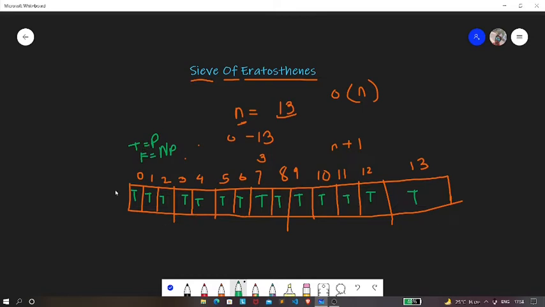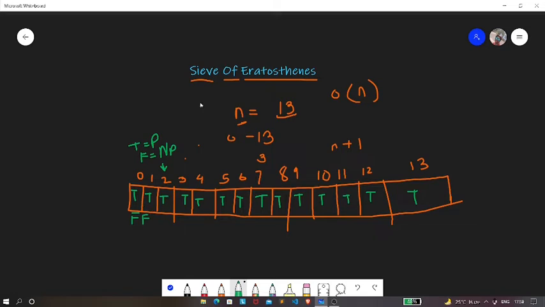So we know that 0 and 1 are neither prime, so we're going to make them false at first, and hence we are going to ignore them. The smallest prime in this series is 2, so it will remain true as it is.